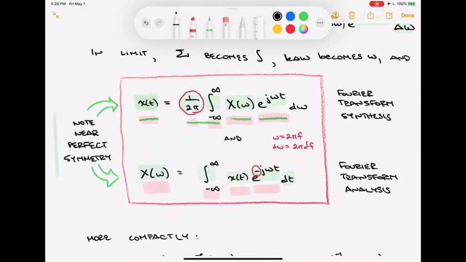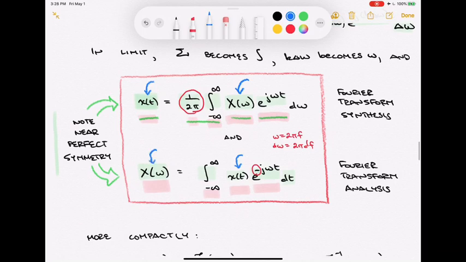If I had some signal X of omega and it had a particular form like a rectangle function, and I found out what the corresponding time domain signal was, it would turn out to be a sinc. We'll see that later as we do some examples. Well, then if I had a rect function in time, guess what? Its spectrum is going to be sinc-like, because what goes in one direction tends to go in the other direction, and it's because of this near perfect symmetry, the fact that the analysis and synthesis equations look virtually identical in